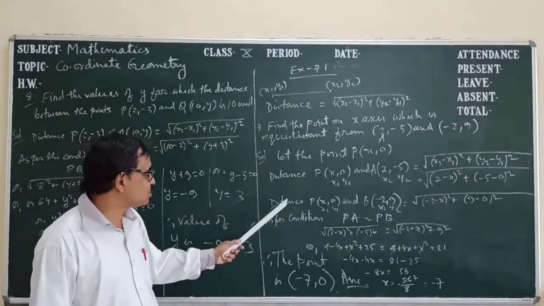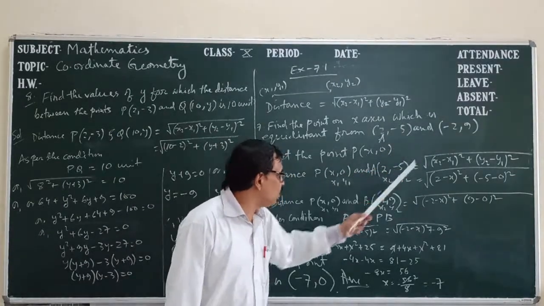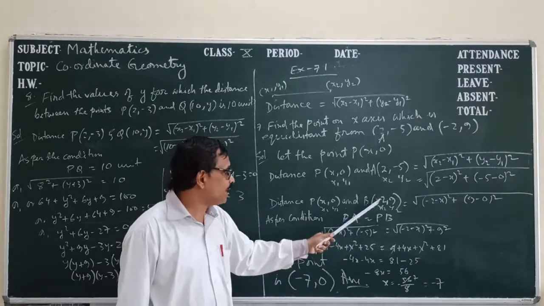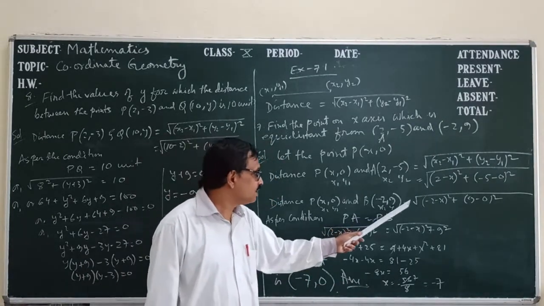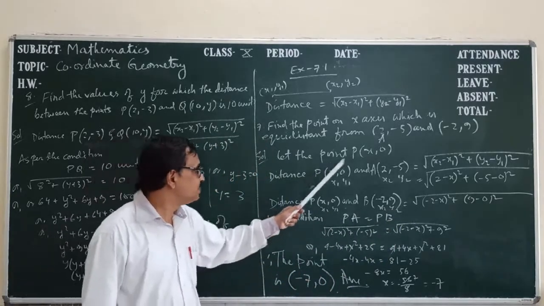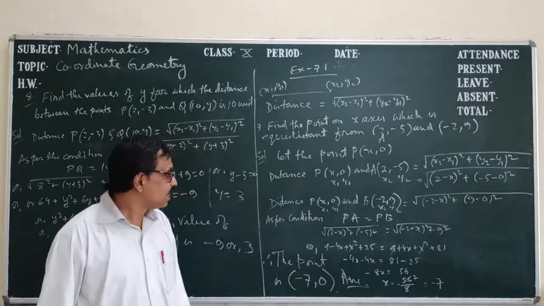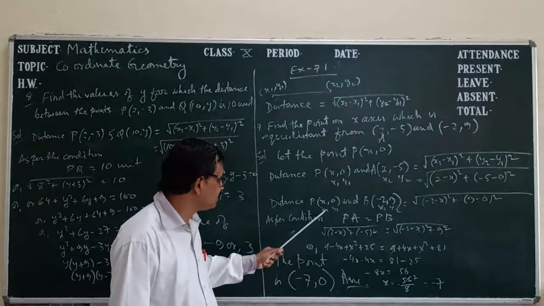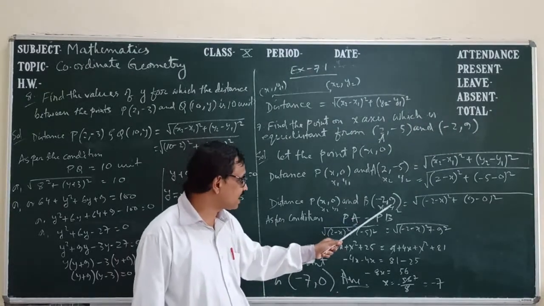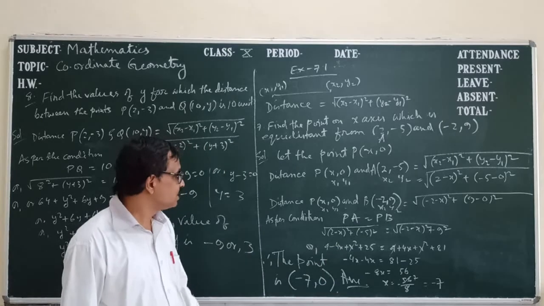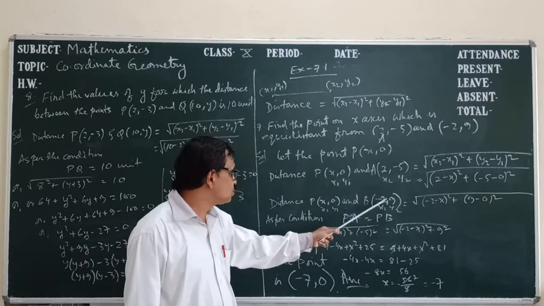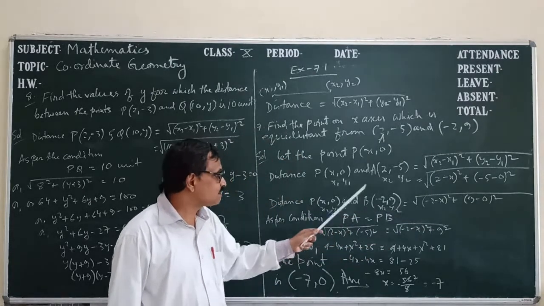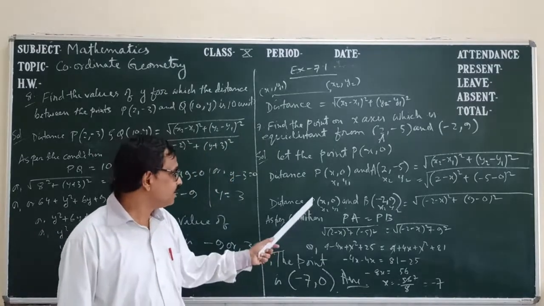In the same way, the distance of P and the second point, suppose the second point is B. P is x1, y1 and this is x2, y2. So it is minus 2 and 9. Here it is the distance PB. It is the PA distance and it is the PB distance. Now look, I have directly written here, but you should write the formula and always write x1, y1 under the first point and x2, y2 under the second point. Then you solve this. So (minus 2 minus x) whole square plus (9 minus 0) whole square under root. Then we find the PB distance.